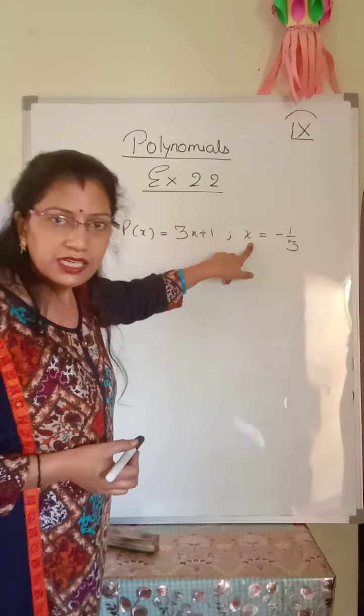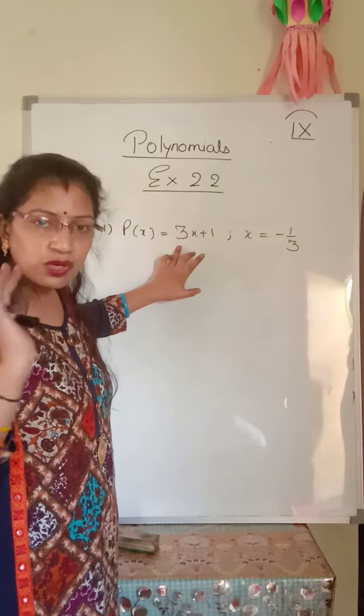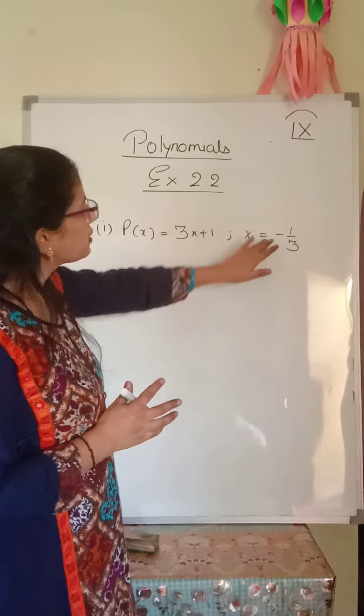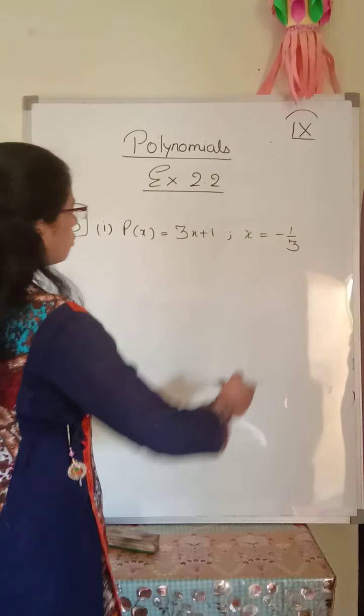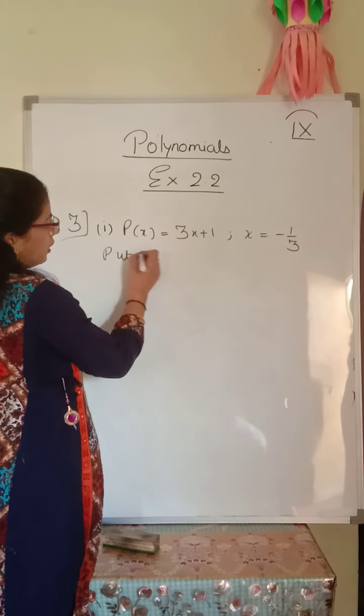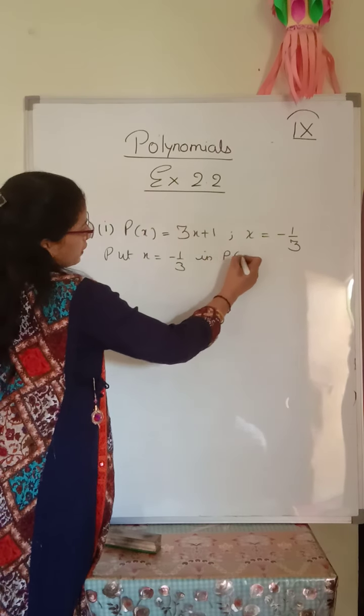इसको verify करना है, ठीक है. verify करना means ये true होना चाहिए, इसकी value रखने पर ये 0 होना चाहिए, ठीक है. अगर x की value इसमें substitute करेंगे 0 आ गया तो ये verified हो गया. Okay, so put x is equals to minus 1 upon 3 in p of x, polynomial of x.